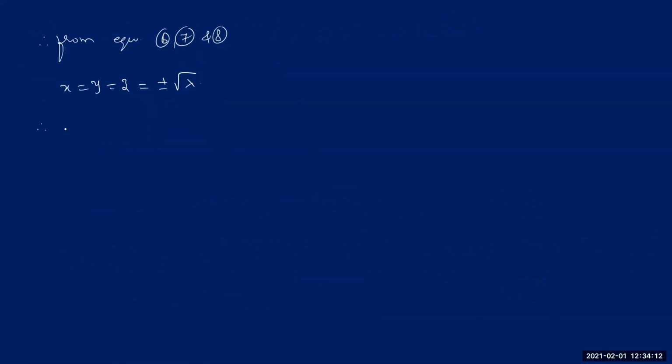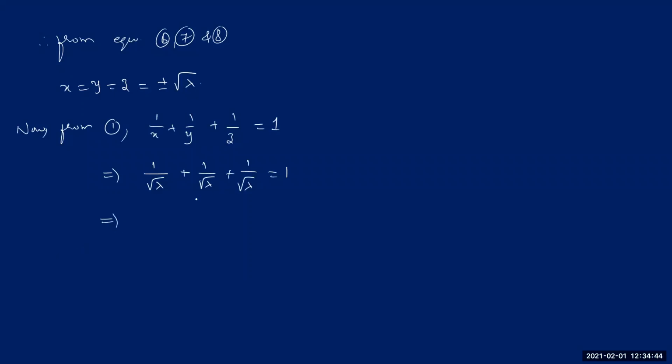So therefore, from equation 1, you see actually the equation is this. It is 1 by x plus 1 by y plus 1 by z is equal to 1. Now see, instead of x, y, z, I'm substituting these things. Right? Now see what happens then. 1 by, I'm just substituting only plus root lambda for convenience. 1 by root lambda plus 1 by root lambda plus 1 by root lambda is equal to 1. So then this implies, when you add these 3, understand, I'm substituting only plus root lambda. Similarly, you can also substitute minus root lambda to get the other values, right? You will realize that now.